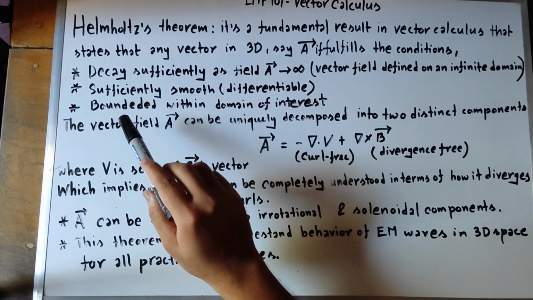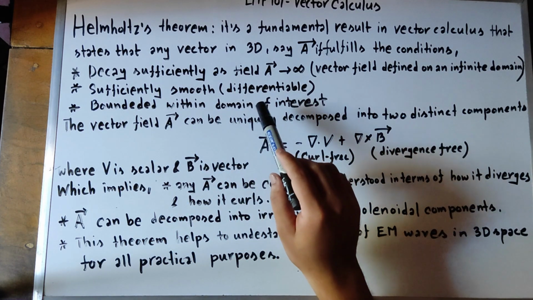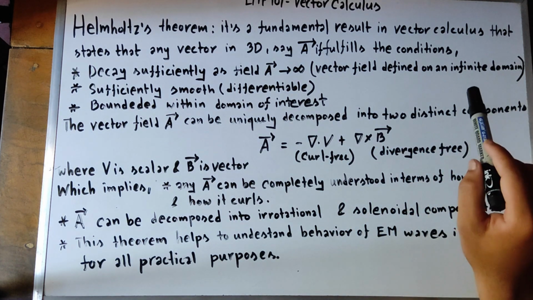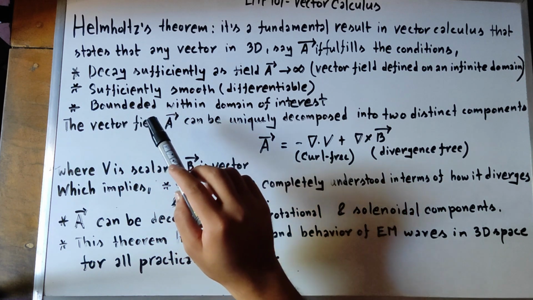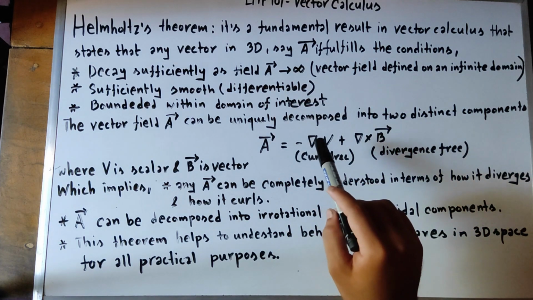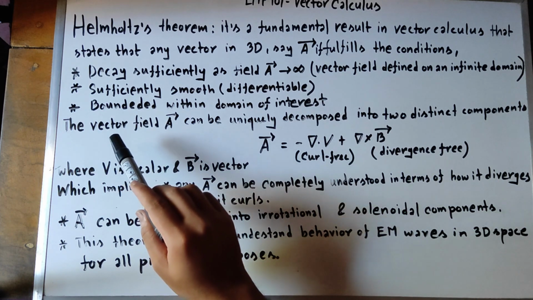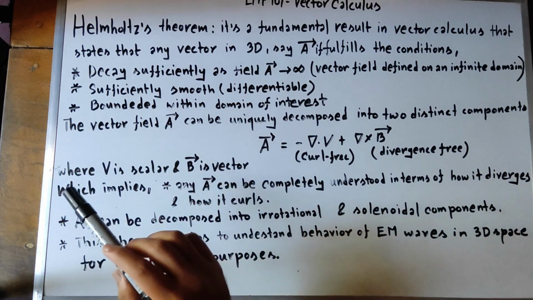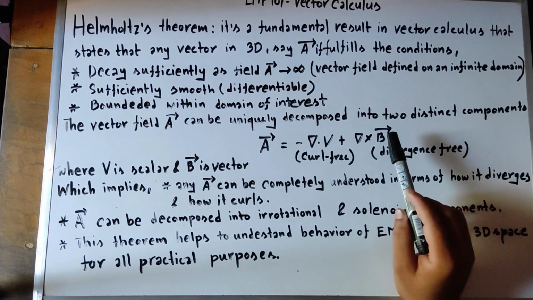The conditions are: the vector decays sufficiently as it tends to infinity for a vector field defined on an infinite domain; the vector is sufficiently smooth, differentiable in its domain; and the vector is bounded within a domain of interest. Then the vector field A can be uniquely decomposed into